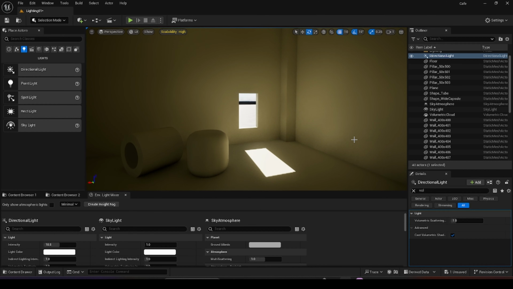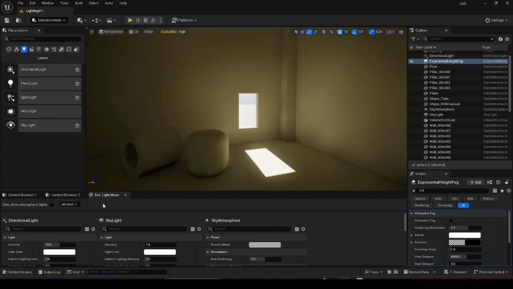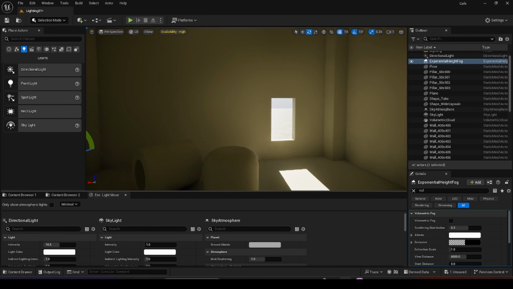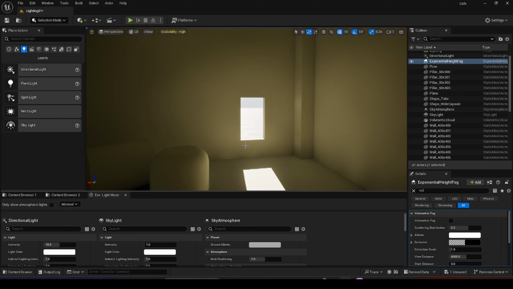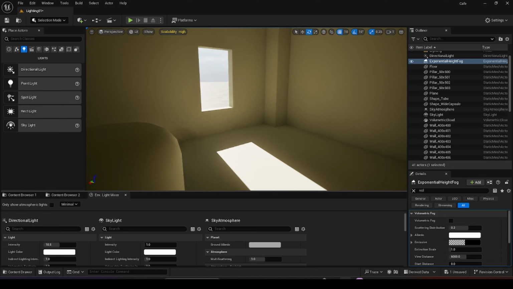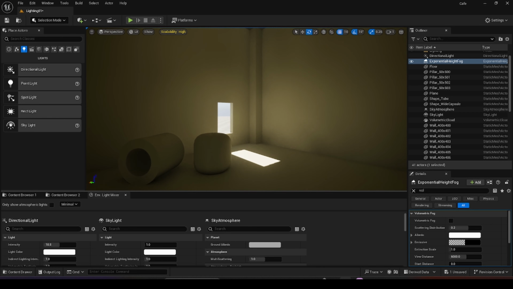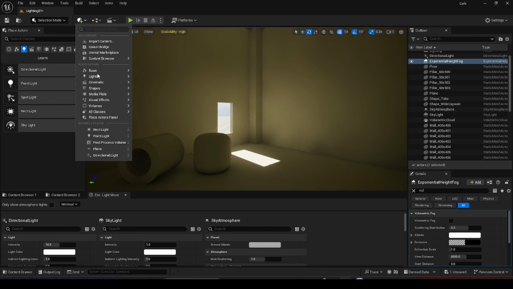So the only part that we are missing is the volumetric fog. So let's just go ahead and add the volumetric height fog here. There you go. So now we have every component that we need to glorify the scene. This is a very simple setup, so I'm gonna go ahead and place a camera because that helps me with lighting